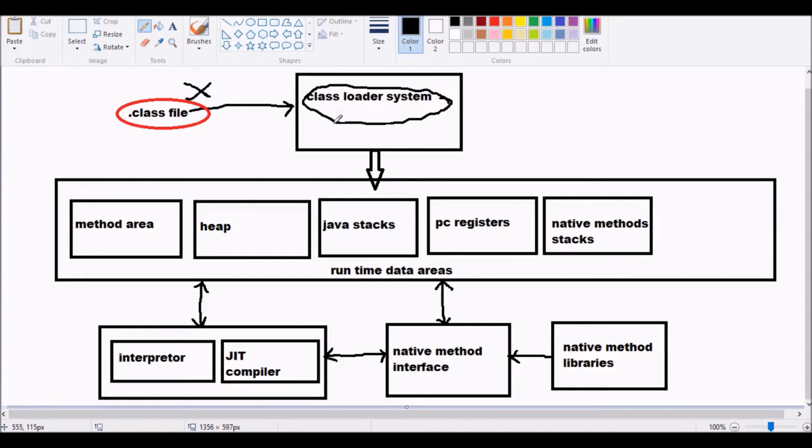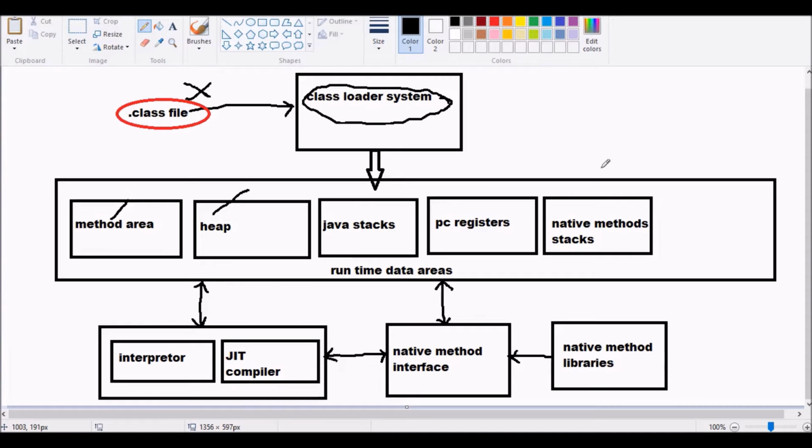If it is right, then it is going to allocate some memory for whatever variables or methods are available in this dot class file. For the allocation of memory, there are 5 types of memories in the memory block: method area, heap, Java stacks, PC registers, and native method stacks.